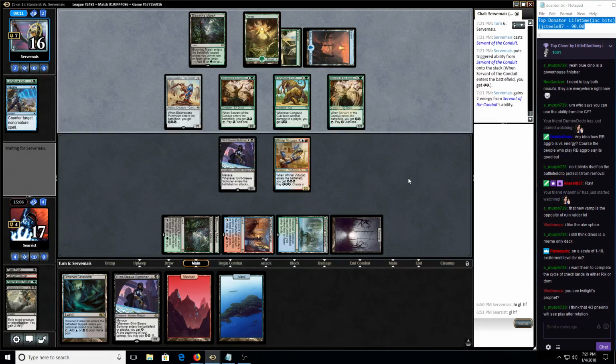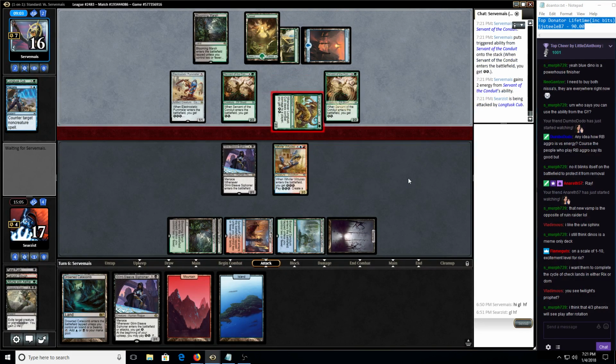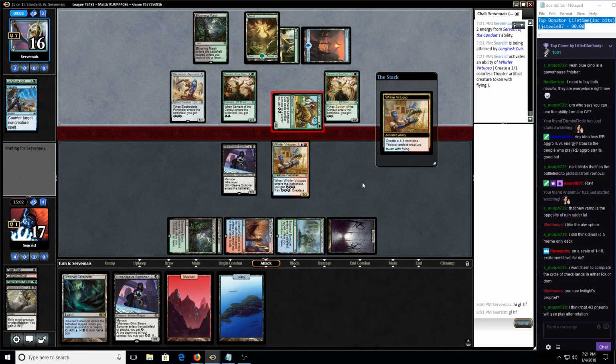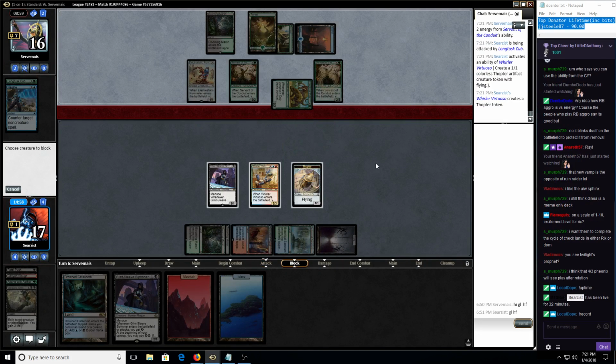So that's double activation now, so you can make it a 20. You can survive a 20. No, well, we can't let him get more energy, so we're definitely going to just block it with a Whirl of Virtuoso here, which means we don't get to draw a card, which sucks badly, but...